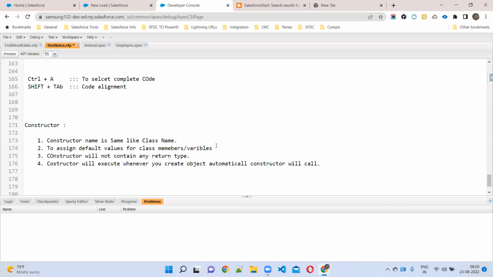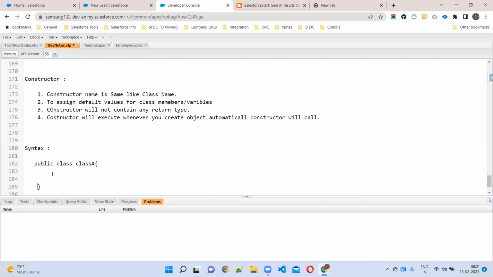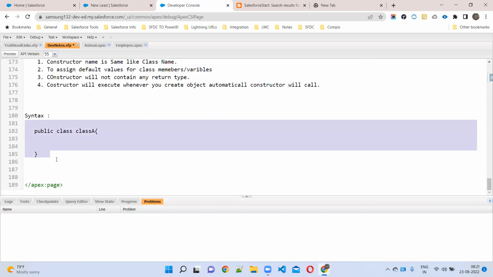Okay. So syntax. For example, I will create one class called public class A. What is this, madam? It is class syntax.